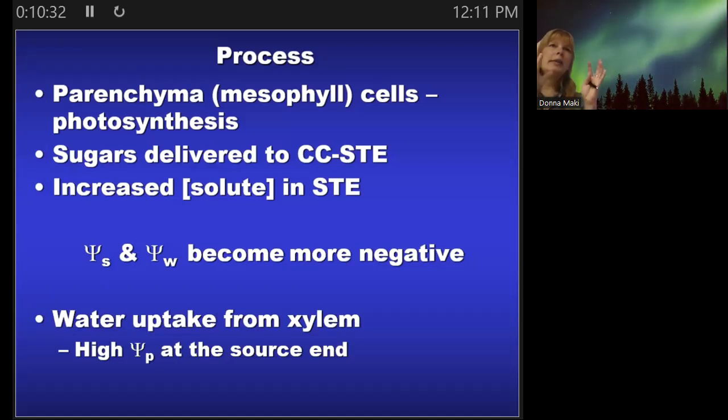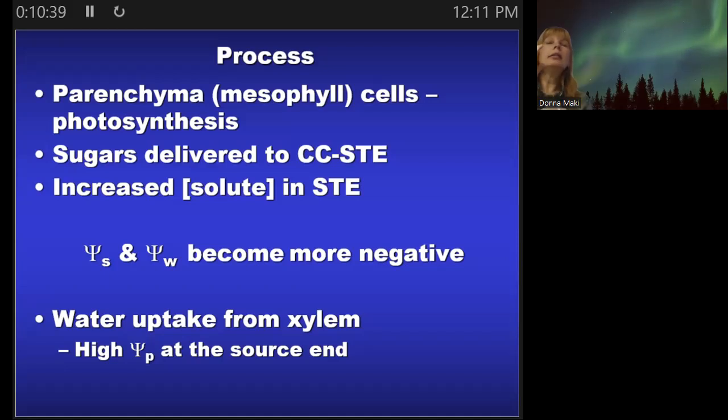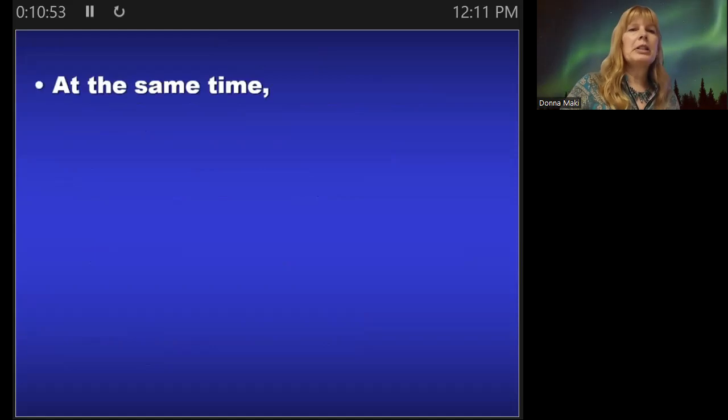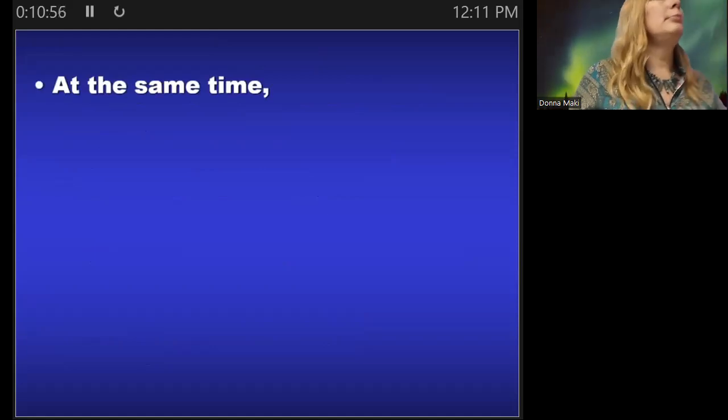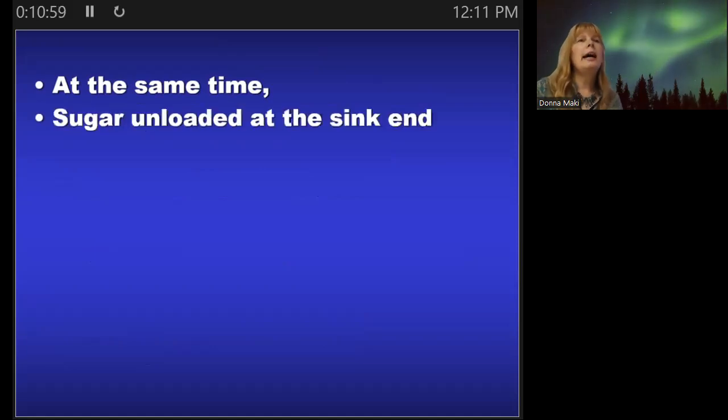So that's all happening in the source area, but you have to complete the thought. Otherwise, this doesn't make sense. So you have to tell the story of how there's a gradient, not just, oh, there's high pressure in the leaf. That's not enough. You have to convince that there's a gradient happening to allow for that movement. So at the same time, in that same sieve tube element highway, you will have sugar being unloaded into the sink tissue,